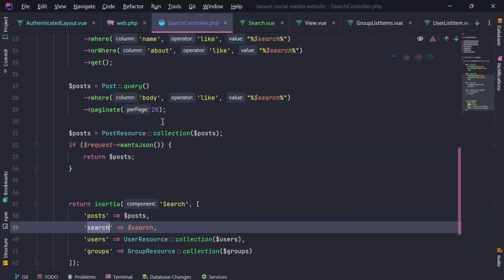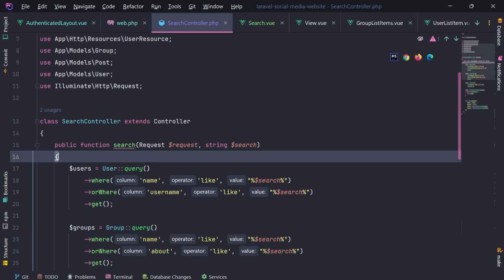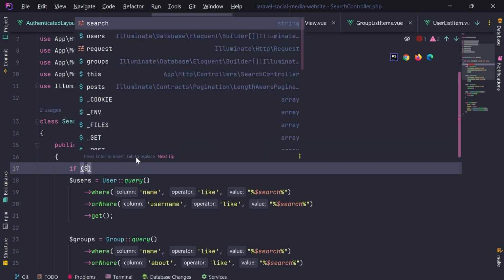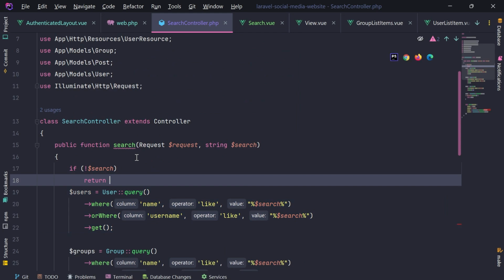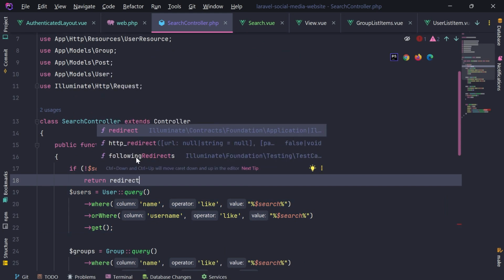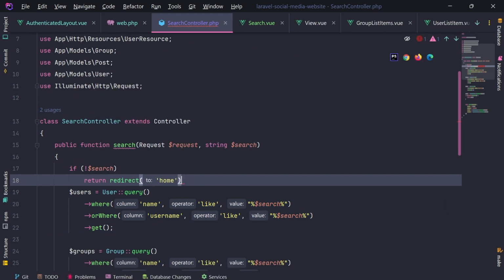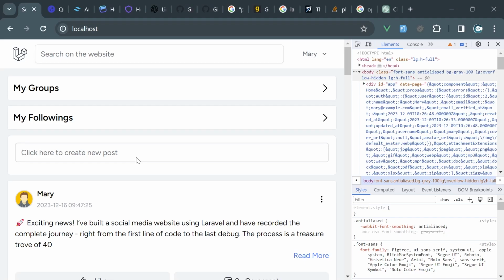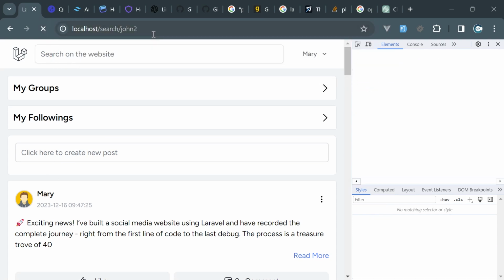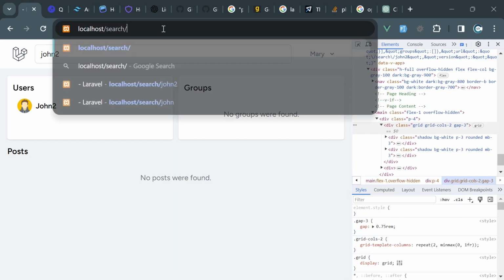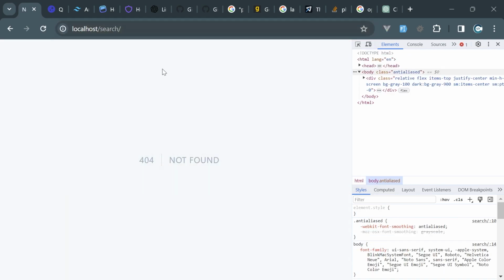If the keyword is not provided, we can do this here as well. If search does not exist, we can return a redirect to home. So if I search for something that works, if I remove the keyword, hit the enter, it actually shows not found,